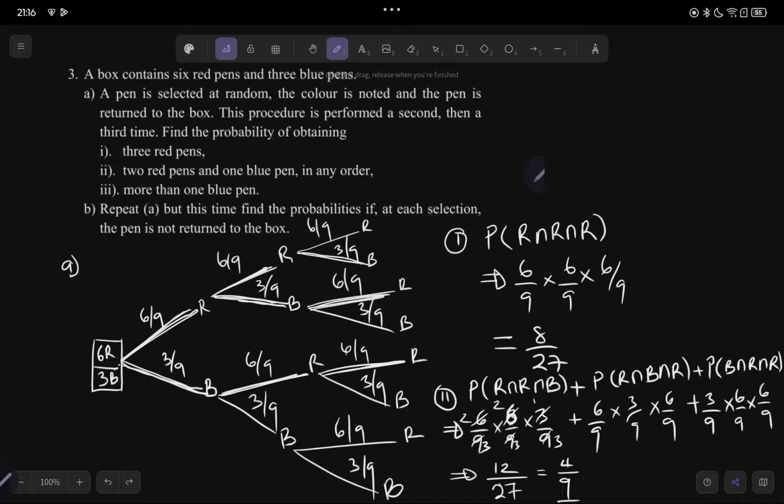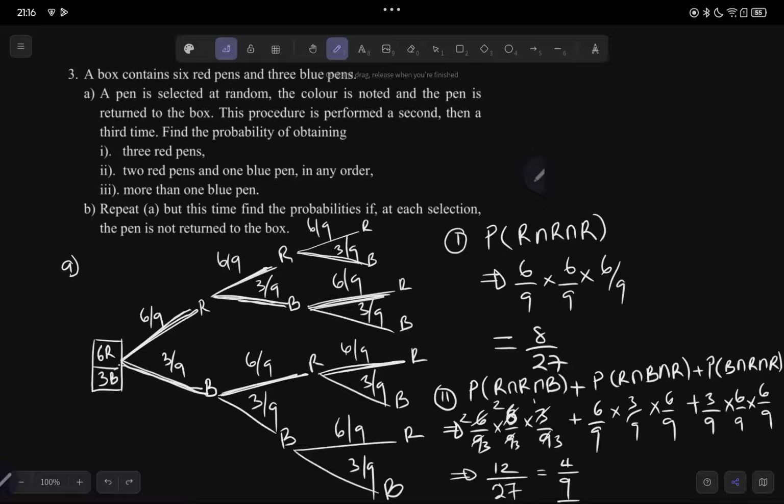Now, this part can be done in 2 ways. Either we go back through the same procedure, we list the possible ways of getting 2 blue pens, then we add there the 3 blue pens, or alternatively, in part 2, we got 1 blue pen. Now we can add there the probability of 3 red pens, which means 0 red pen, and then we have